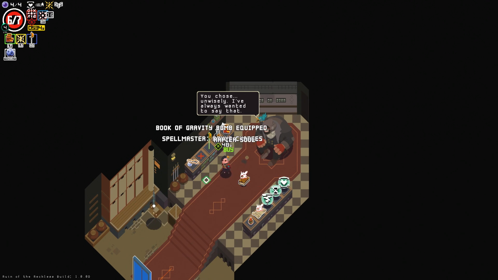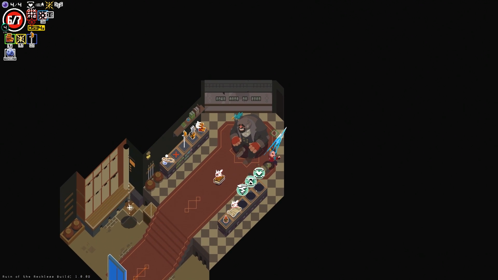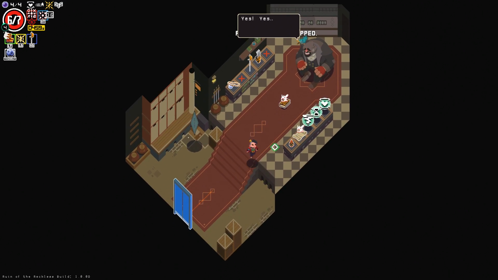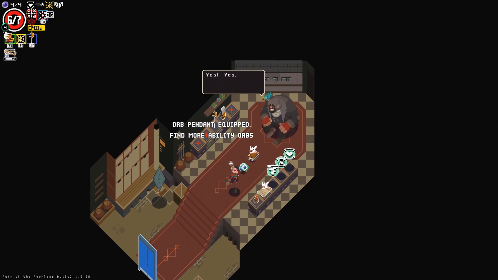Okay, you chose unwisely. I've always wanted to say that. All right, can I kill you? No shopkeeper fight mechanic, unfortunately. Let's buy the flying boots as well. I am walking on air now. That's pretty sweet. Orb pendant, sure,